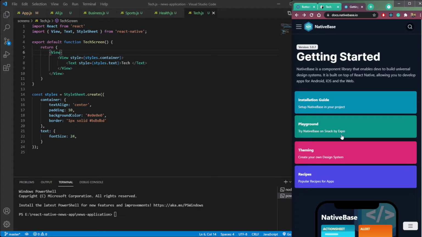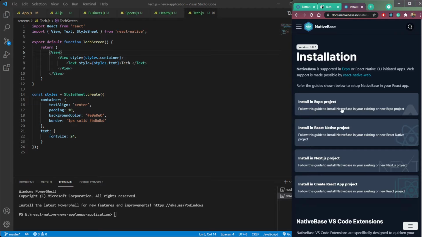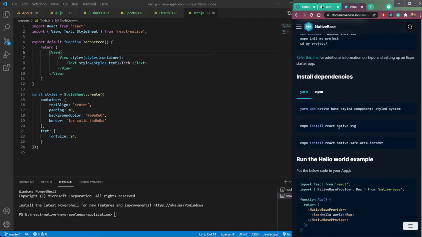Now let's install this NativeBase UI library in our project. Click installation guide here, then we are using Expo, so click install in Expo project, then copy this command, yarn add native-base styled-components styled-system, then paste it in the terminal and press enter.